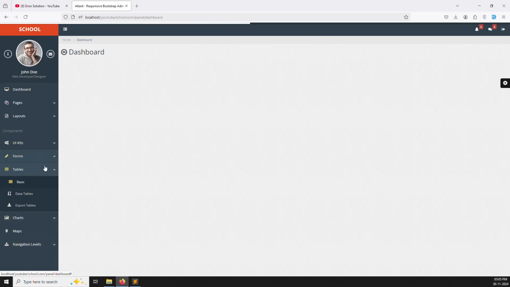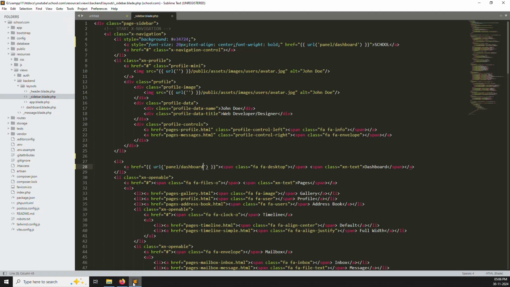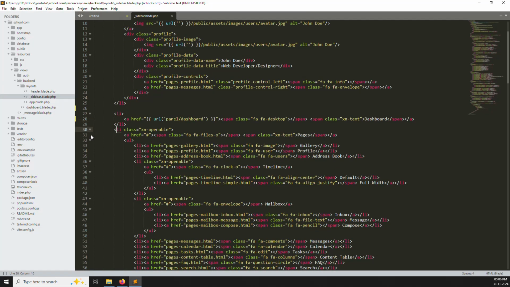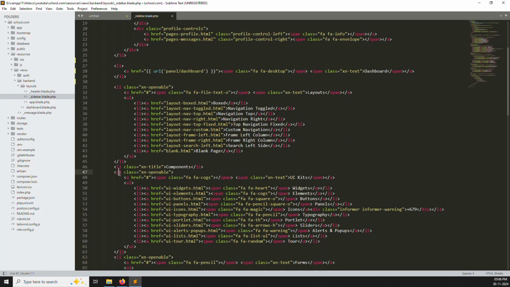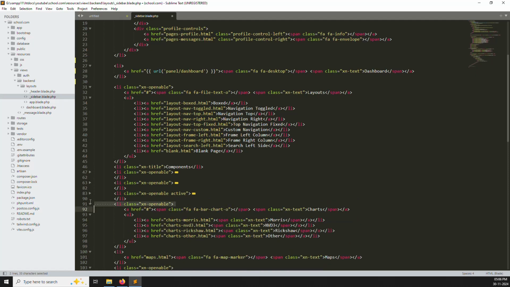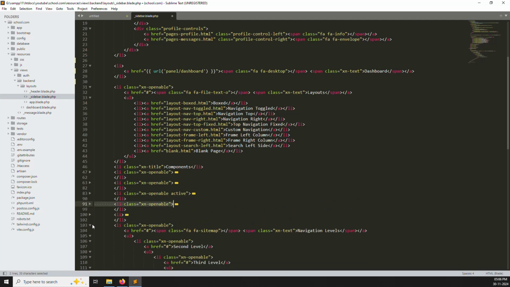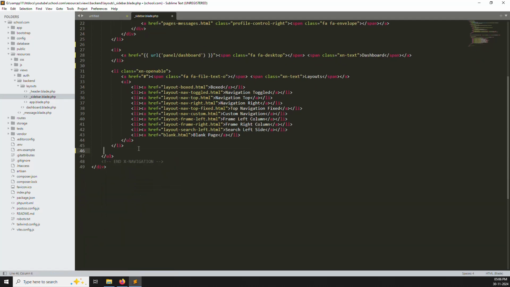Now the other parts we don't need, you can just remove them and leave only one, simply the dropdown. I think the layout we can leave, the other things we can remove. I don't need pages, I can remove them immediately. Layout I can leave because I need to add something else here. Just remove all other things, later we can add them here when we need them. Here I can change layout to school, because I told you we need to start to